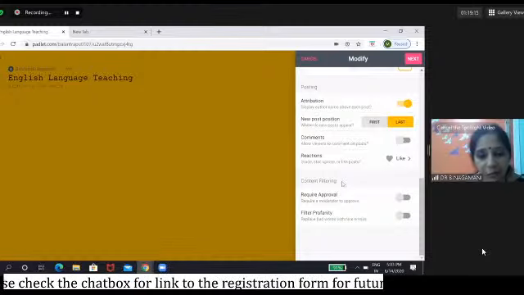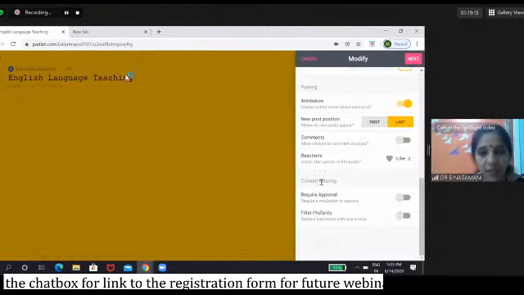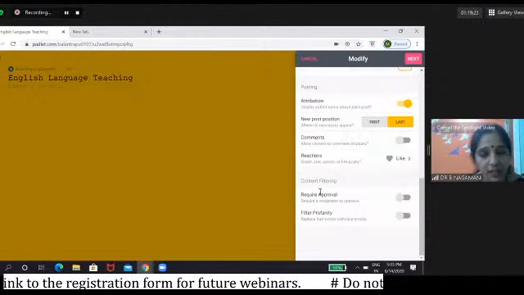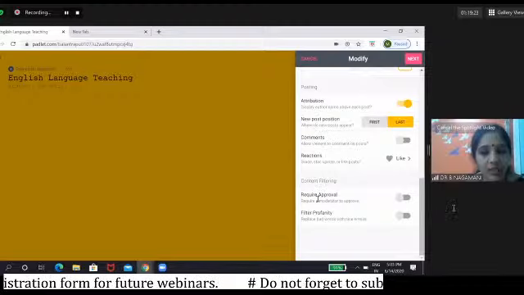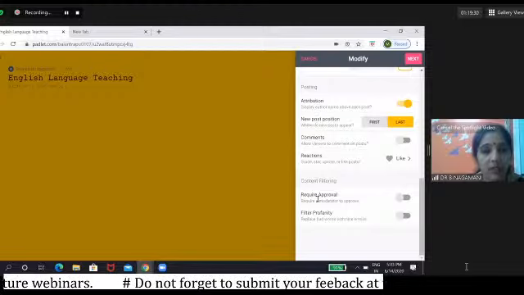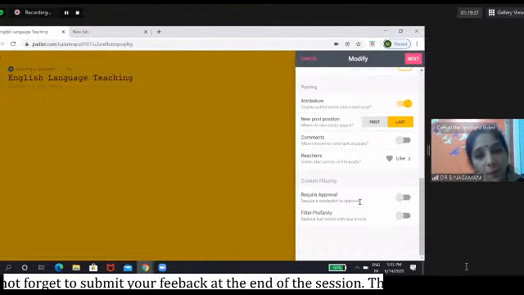Now the content filtering. When we move on to content filtering, this is important: require approval. So when somebody posts on the Padlet wall, the post is made public, or visible to others, only when the moderator approves the post.